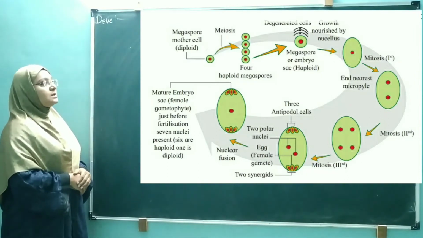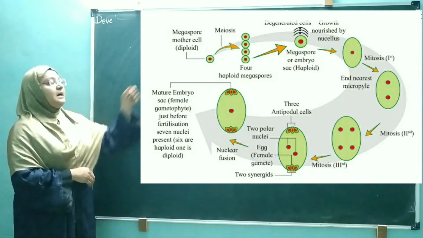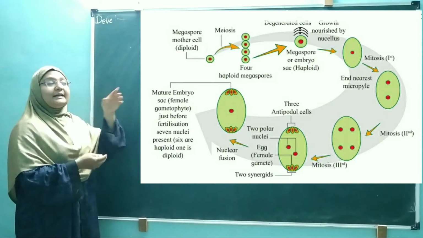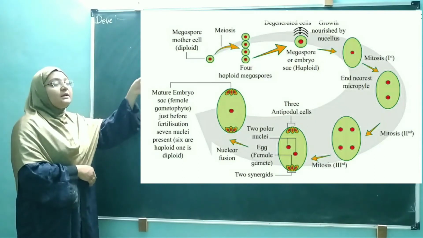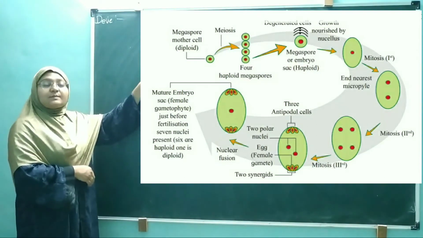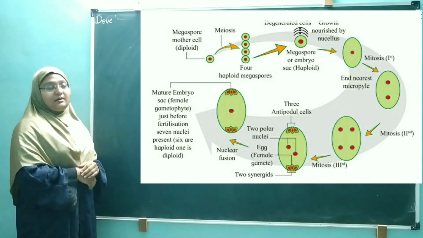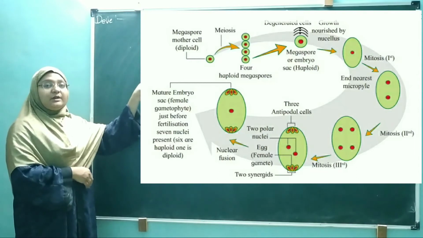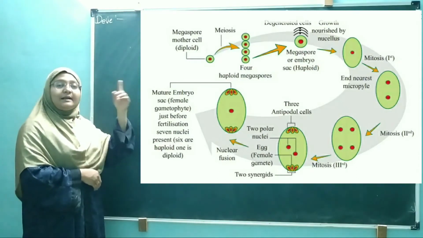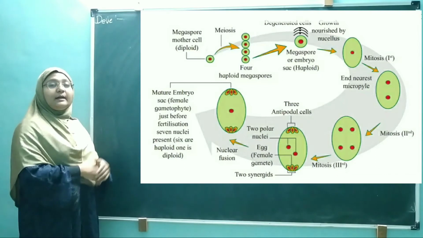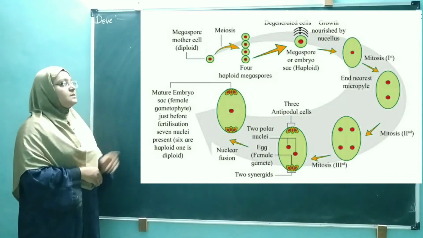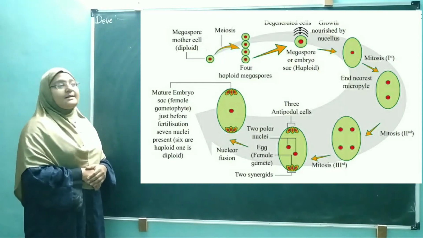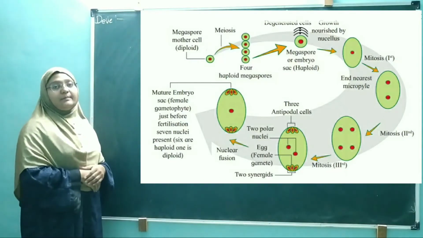These megaspores are arranged in a linear manner, as we discussed in the microspores. Linear tetrad is there. So here they are arranged in a linear manner, and the 4 megaspores are formed. That is the tetrad. So 4 linear tetrad megaspores are formed, in which only 1 megaspore attains maturity and develops into the bigger size. That megaspore is called a functional megaspore, and now we call it an immature embryo sac.